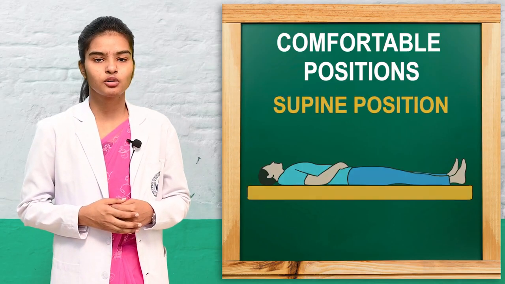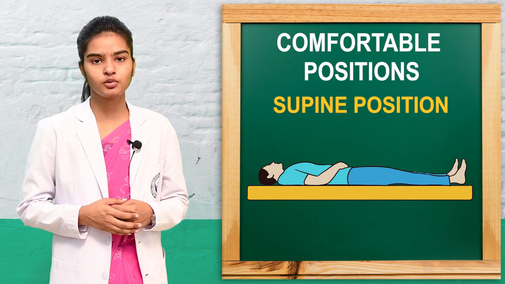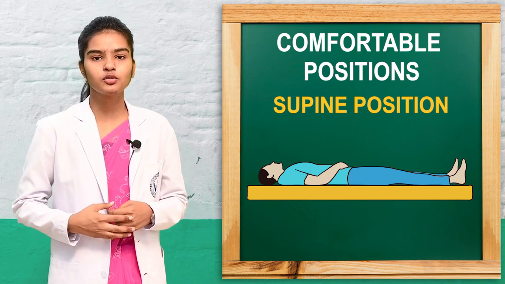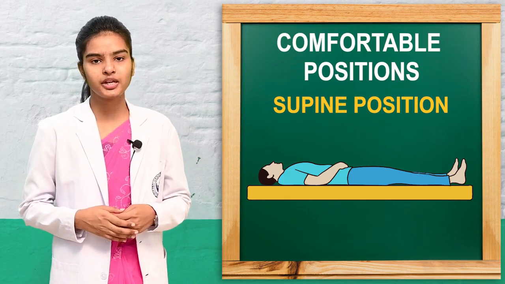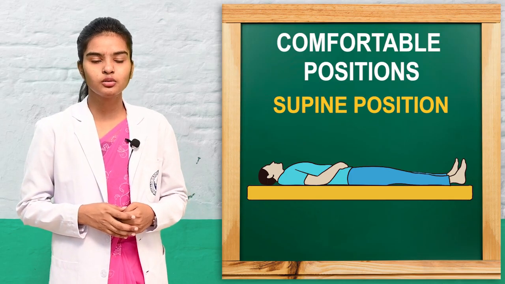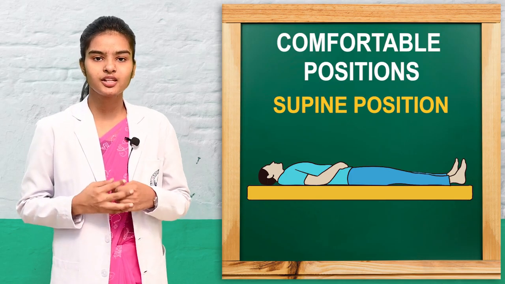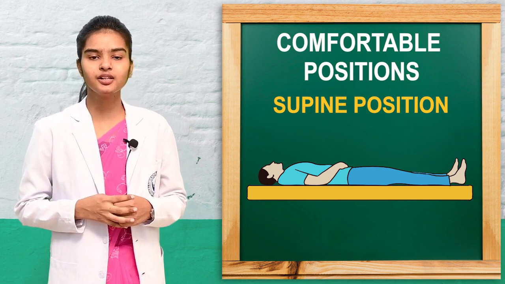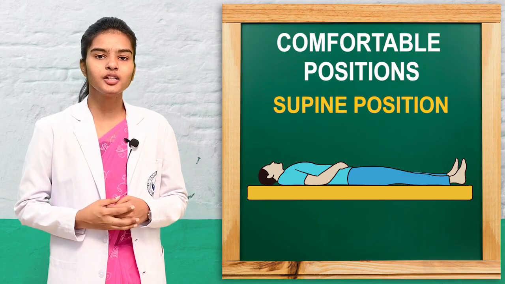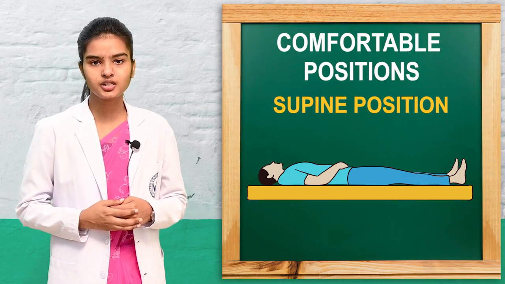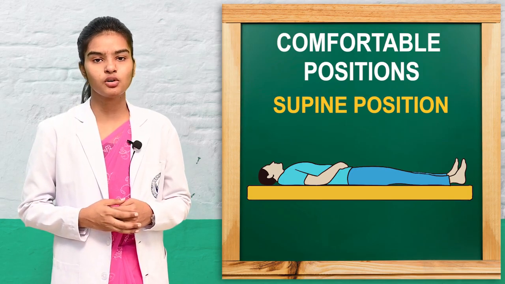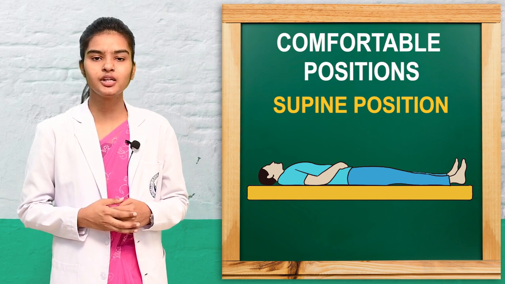So starting with the first and the most common positioning, that we use in hospitals or prefer in our daily living, that is supine positioning. In supine positioning, the client is commonly asked to lie down on the bed on his back, and the head and the legs are totally extended on the bed. Here one pillow is also allowed if the patient needs, and this position is used for the general examination of the face, the chest or the abdomen.